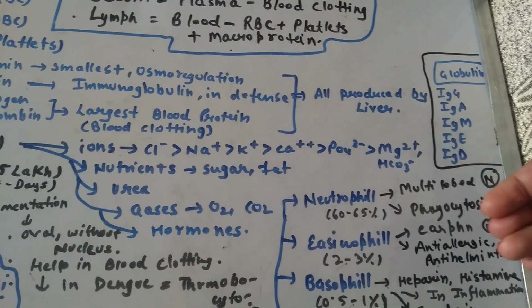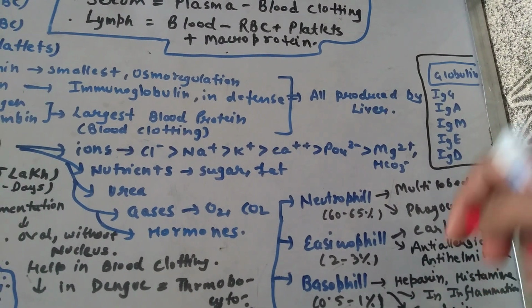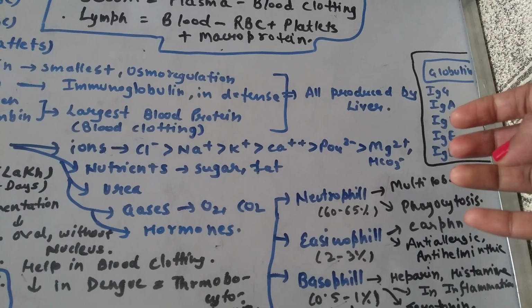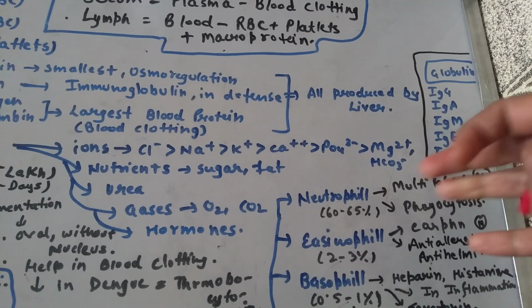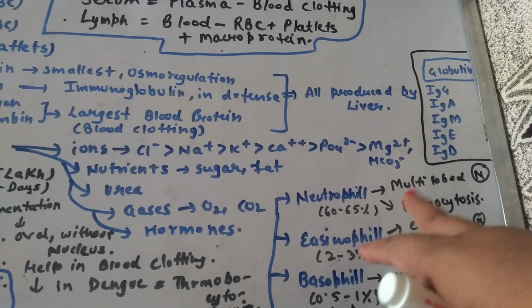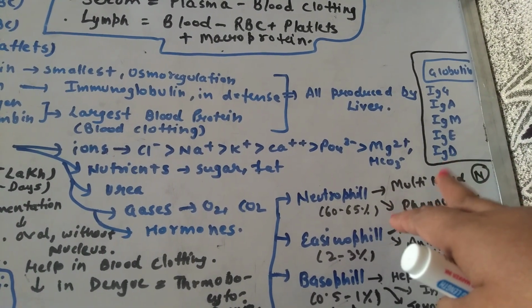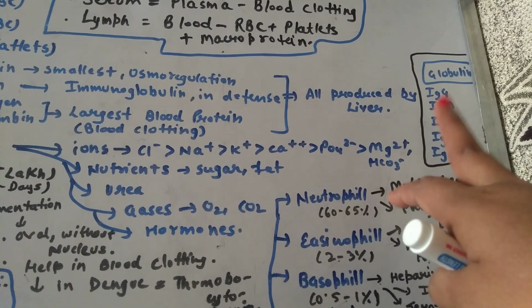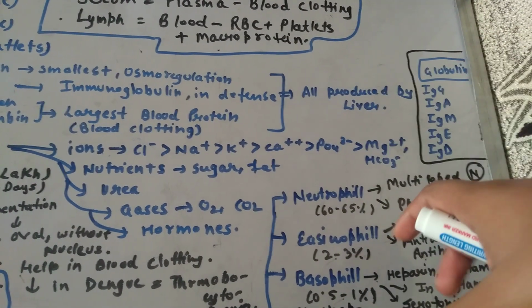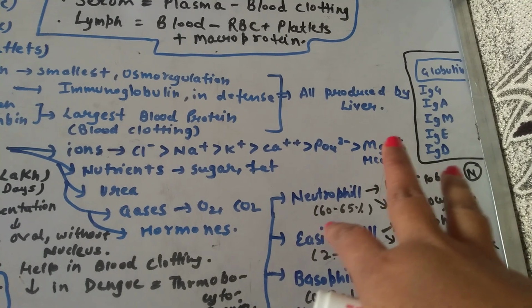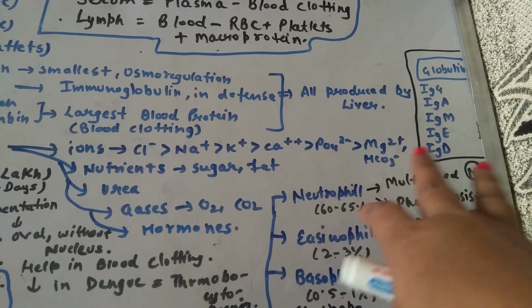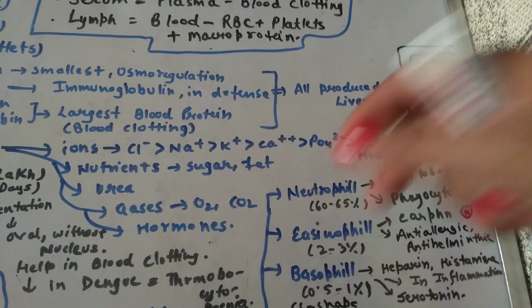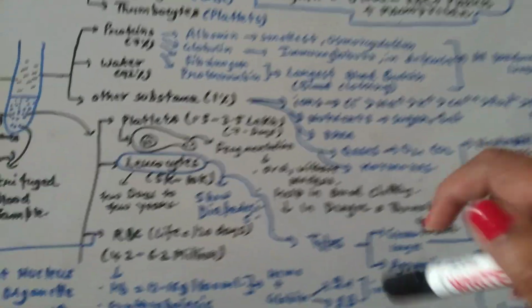It can cross the placenta. IgA is present in all secretions, and it is present in colostrum, which is the mother's first milk. IgM and IgE basically participate in the allergic reaction, and IgD and IgM are present on the plasma cell surface. Their function is not known very well in detail. Okay, so now